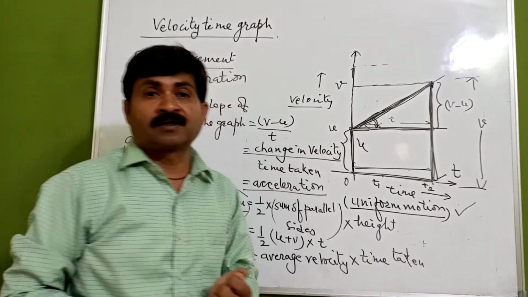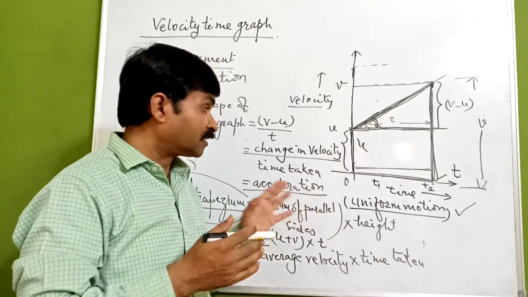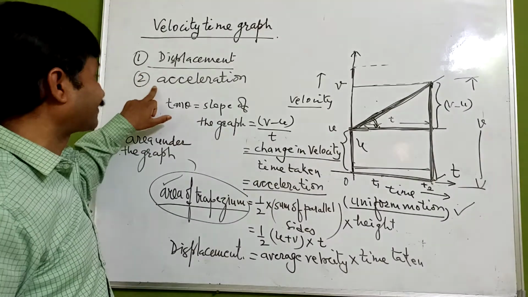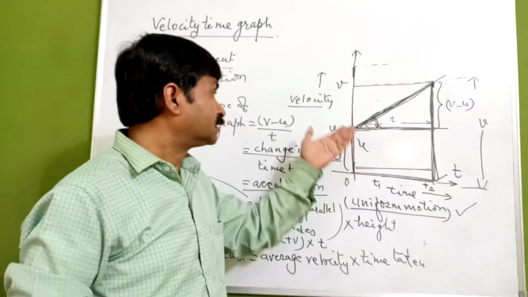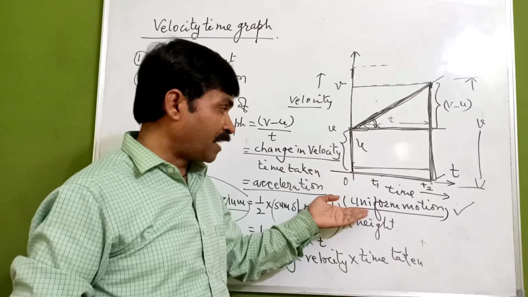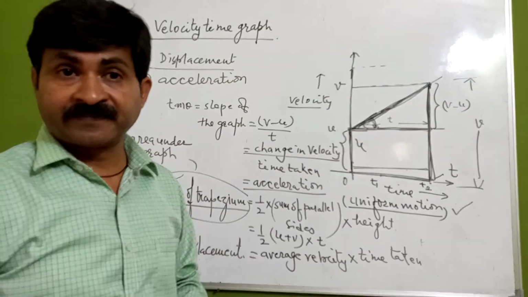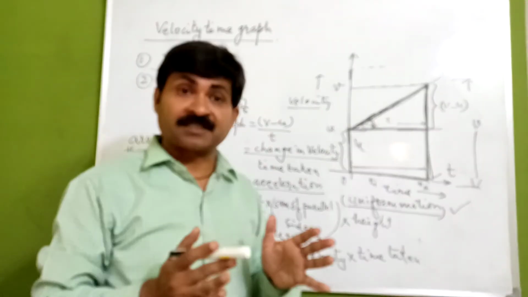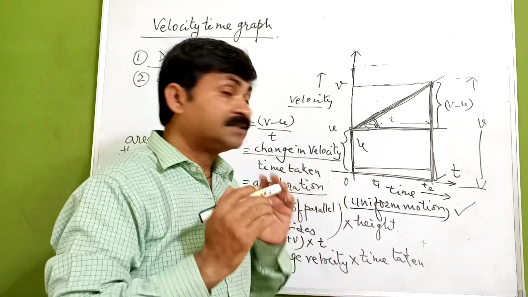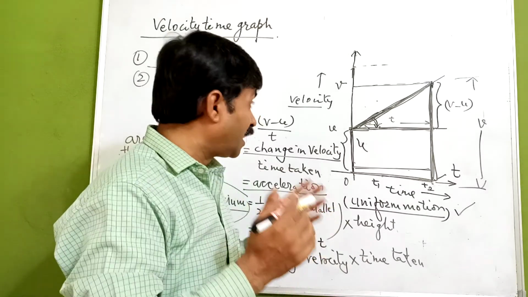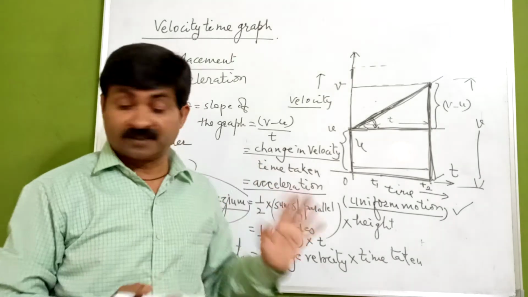Okay, so here we are concluding with this lecture. In this we come to understand displacement, acceleration, and again the displacement, how we are getting velocity time graph, and by which we are getting uniform motion, how it is represented. In next lecture we will go with the different graphs which will give us the different position, different types of motion. Okay, up to that we are concluding here.